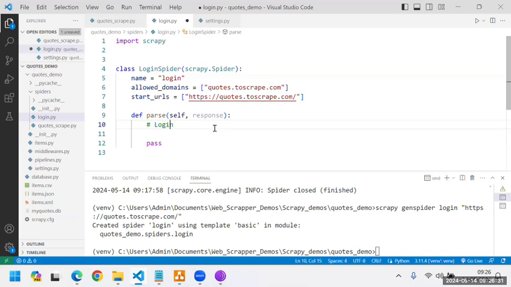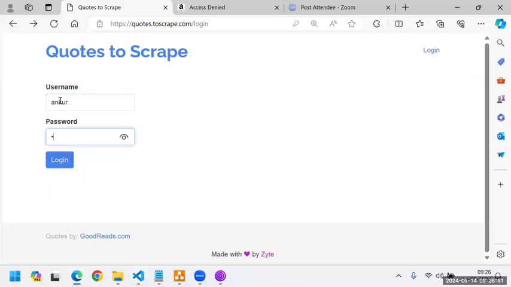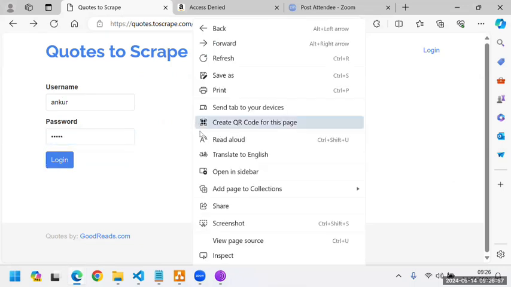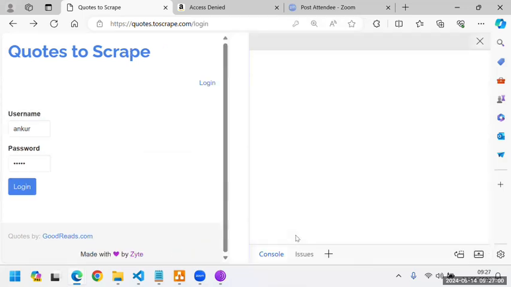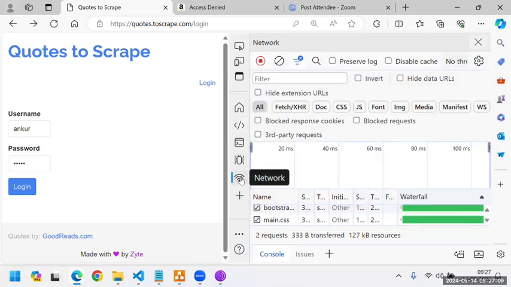Now, over here, since while login we are sending data to the web server, what data are we sending? We are sending credentials. I'll go back to the web page. I'll write Ankur, and I'll mention password 12345. And just before I hit login, I'll do inspect over here and go to the network tab. Okay, I'm at the network tab. The moment I hit login,